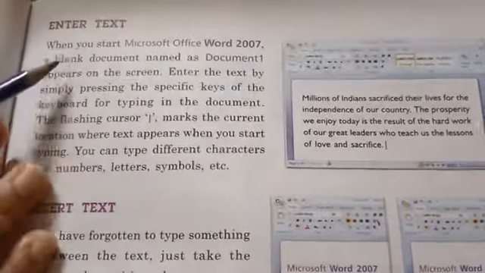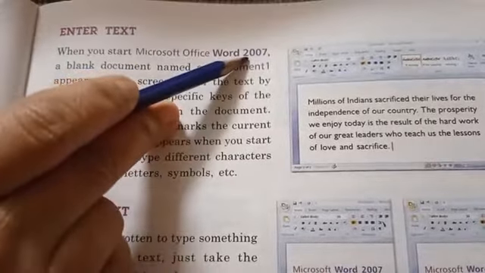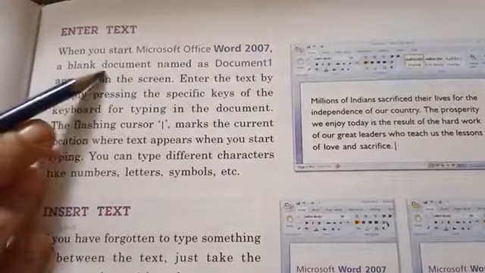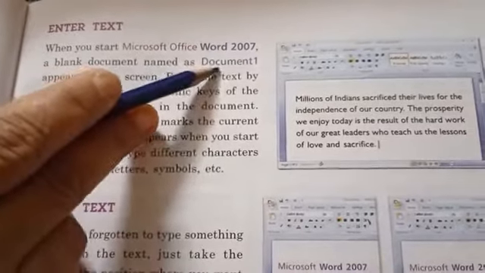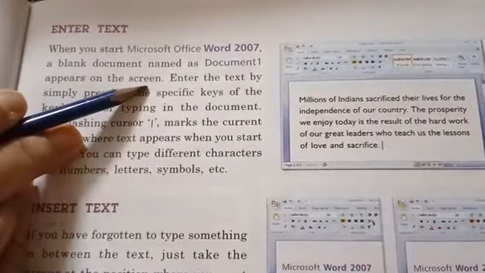When you start Microsoft Office Word 2007, a blank document named Document 1 appears on the screen. You have already seen this.